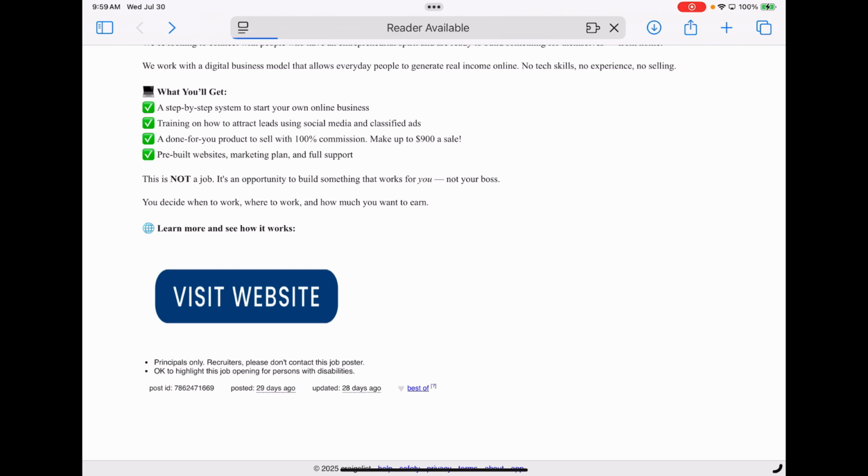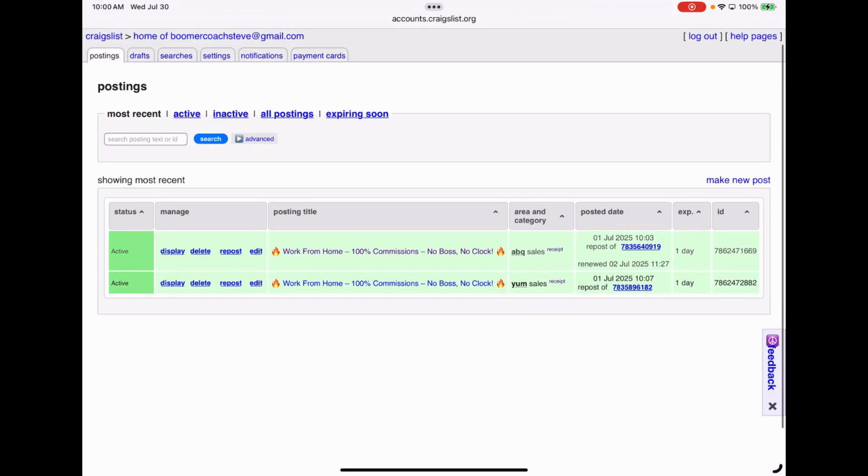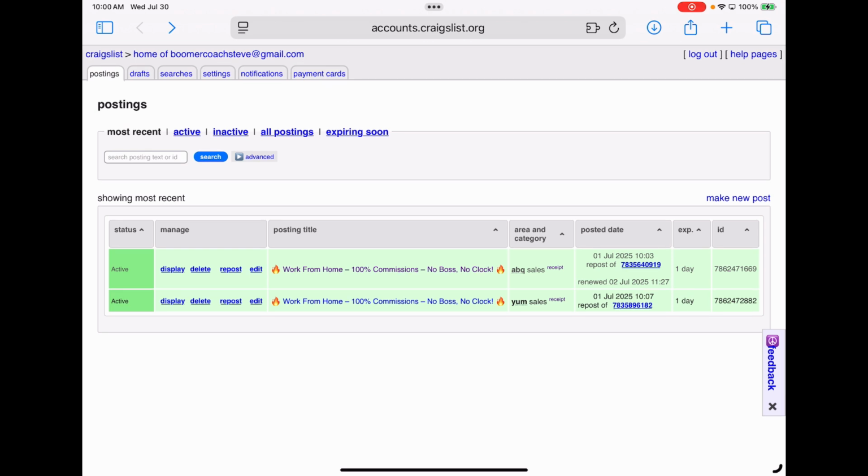Now let's go back. And yes, this is kind of the back office. It's pretty, you know, old tech, if you will, but yeah, and ads are going to run you. Ads will last 30 days, so they'll last a full month, and the ads that I place cost anywhere from $10 to $25 an ad. There are bigger cities. It depends typically on the population of the cities that you're posting in. It can run $45. I believe San Francisco is like $75. New York City, I think, is like $75.